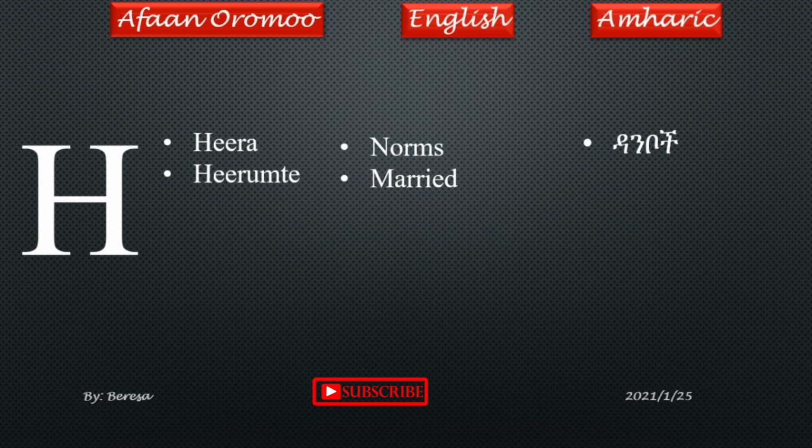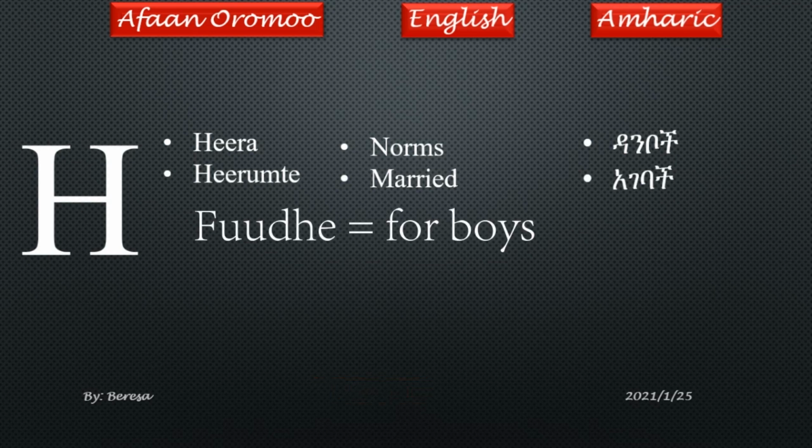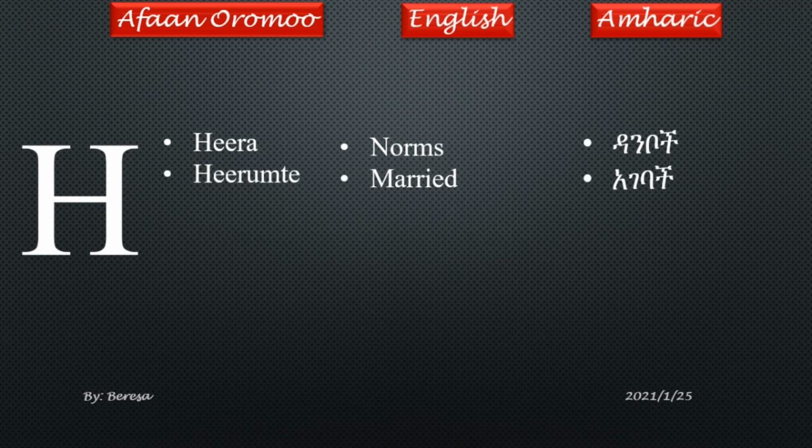So, in case of Amharic, we can say አገባች, like that. ለወንድ አገባች እንደማንለው በኦሮምኛ ውስጥም ሄሩምቴ የምንለው ለሴት ነው እንጂ ለወንድ አይባልም። ለወንድ ከሆነ ፉዴ ነው የምንለው። አገባች ማለት ሄሩምቴ ነው በኦሮምኛ። የሚቀጥለው ሄረጋ፣